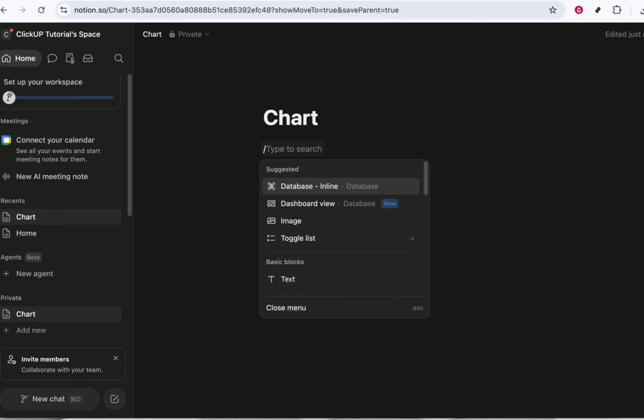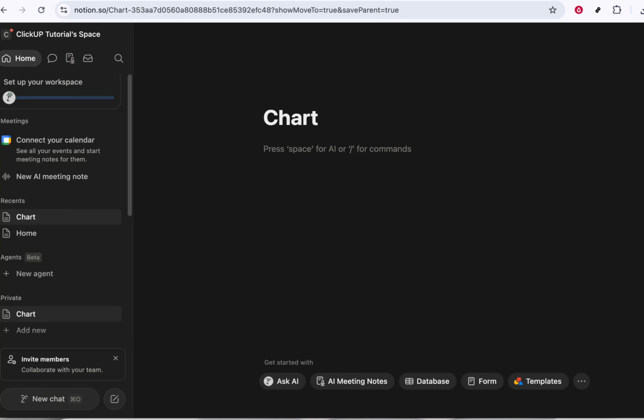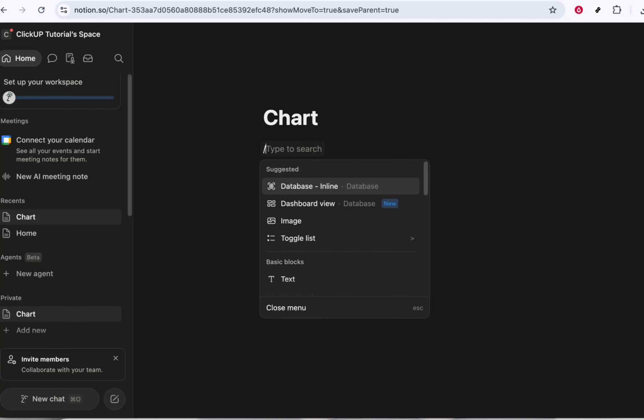Once your page is open and ready, click into the area where you want the chart to appear. This could be under a heading, next to some text, or at the bottom of the page. Think a moment about the layout so your chart doesn't feel out of place. For example, if you're summarizing data from a table above, you might want the chart directly under that table so